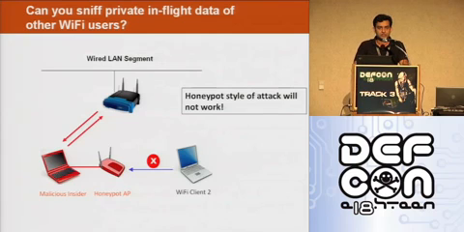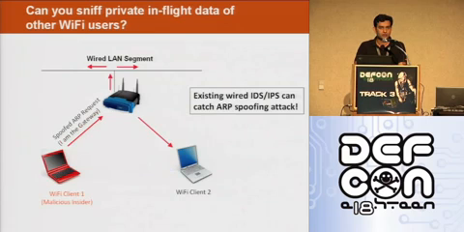So what are the other options available? Probably we can think of launching a man-in-the-middle attack in a very conventional, old style, with the help of an ARP spoofing attack. But today's networks are much more secure than they used to be. There are security systems which can detect an ARP spoofing attack. Wired IDS, IPS, or even switches have the capability to detect it. So if you launch an ARP spoofing attack, the chance of getting detected is very, very high.